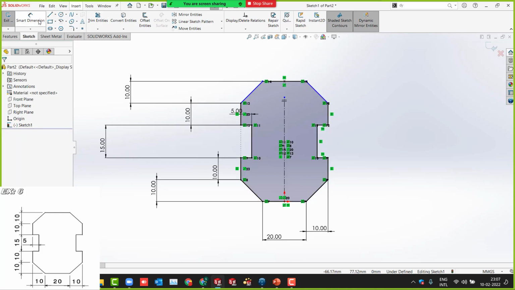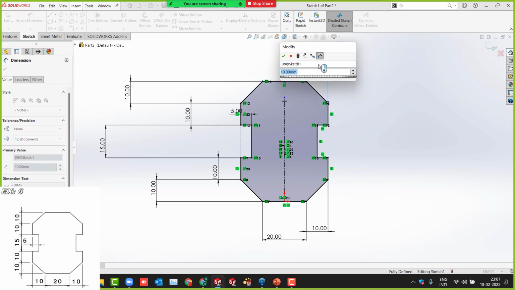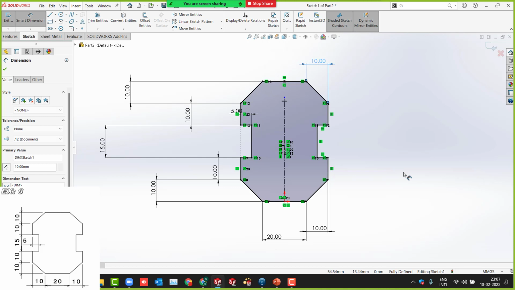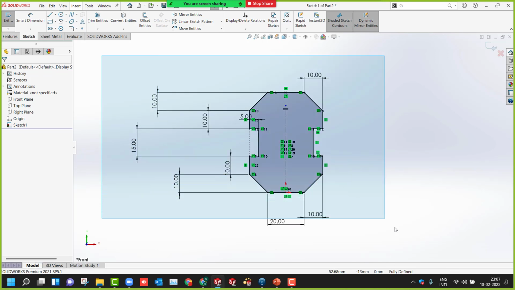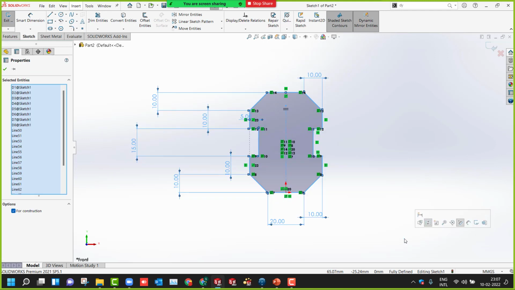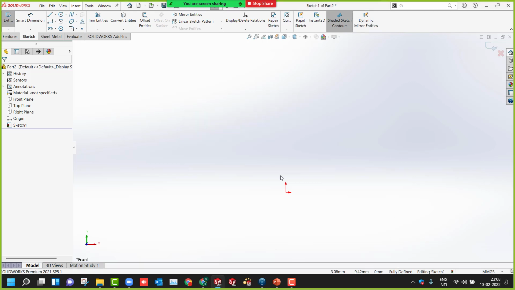Okay. Now I'll define the dimension. Select the smart dimension. From here to here it is 10, right? Enter. Is it fully defined? Now fully. Yes, you can see in the status where it is showing fully defined. Clear? Yes. Okay. Now we'll try one more. The 7th one. Very important. 7th one. Open it. It is quite difficult. We'll do it.